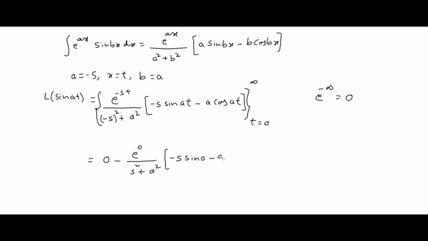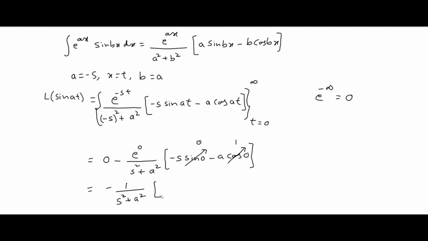Minus of a into cos of t is 0, 0 into a will be 0, so you get cos of 0. So we know the value of sine 0 to be equals to 0, and cos of 0, we know its value is 1. So if you try to simplify it, minus as it is, e power of 0 is 1 divided by s square plus a square